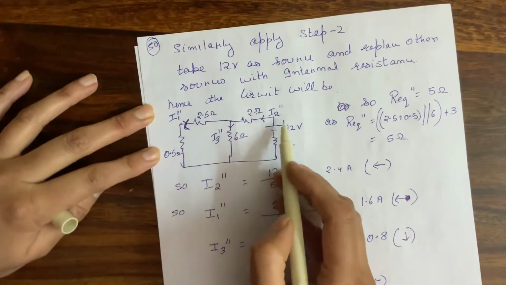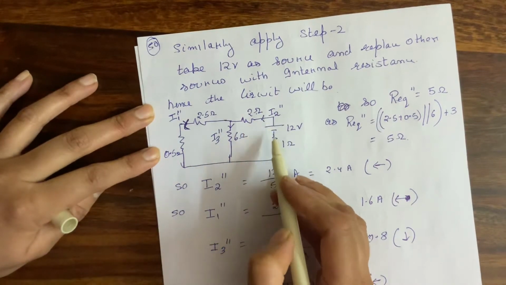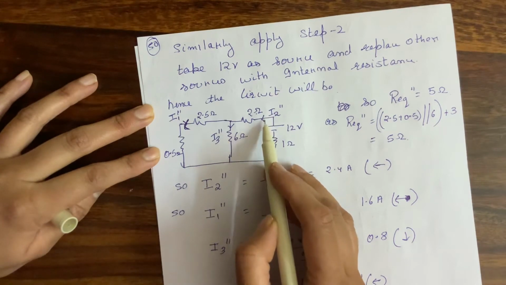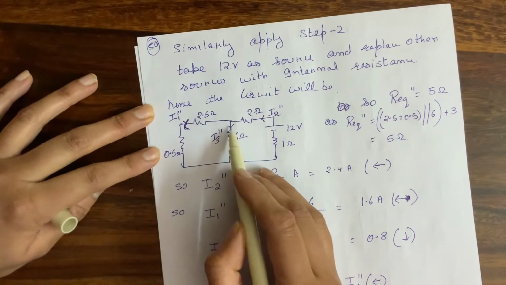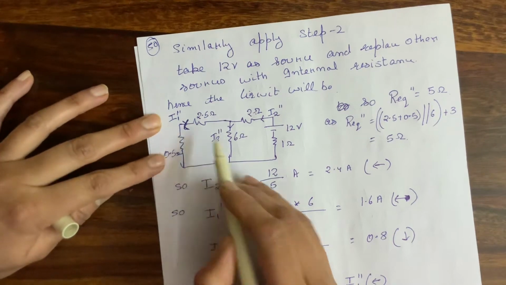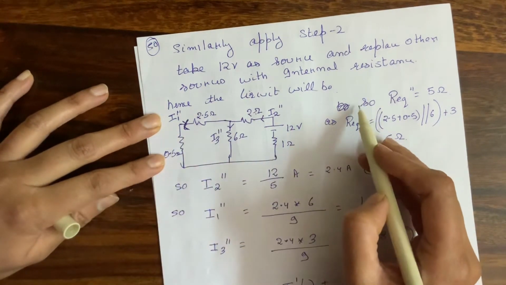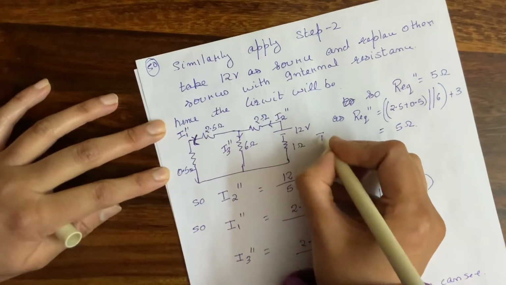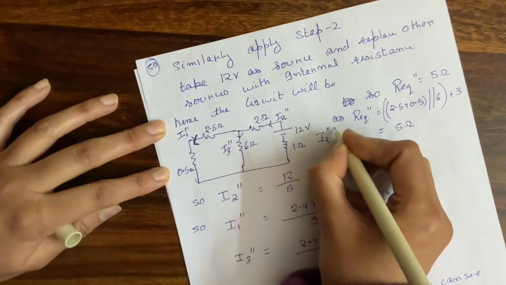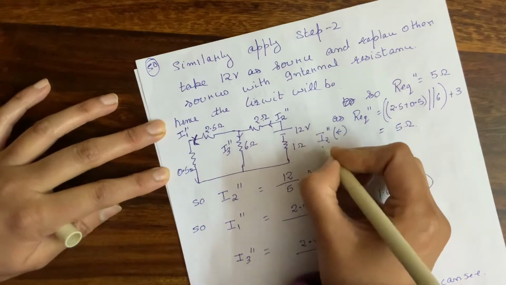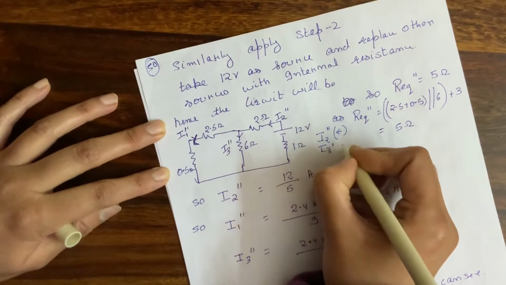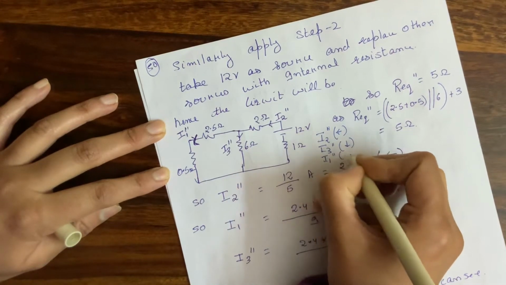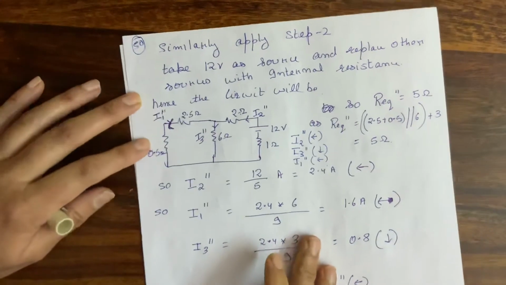What is the process? Since this is the main voltage source, the current going from this source, I have taken the direction as I2 dash, and this current is dividing into other limbs. So the directions are set according to this source. Now I will specify here: I2 double dash is going left, I3 double dash downwards, and I1 double dash going left, as we all can see.